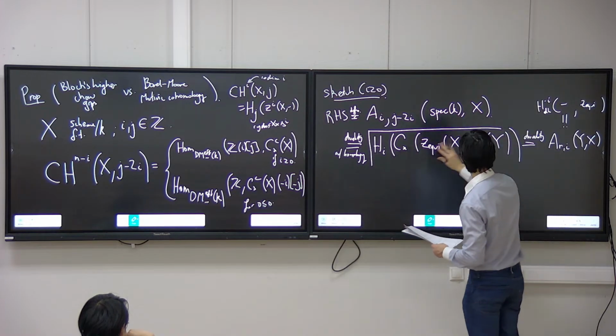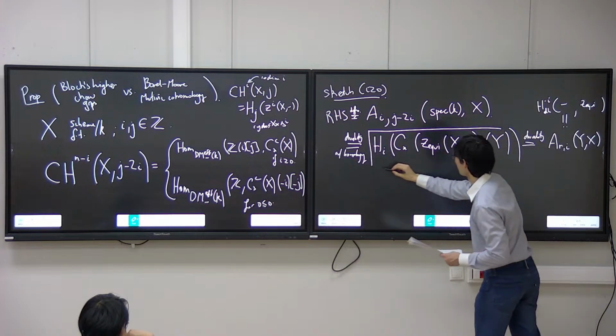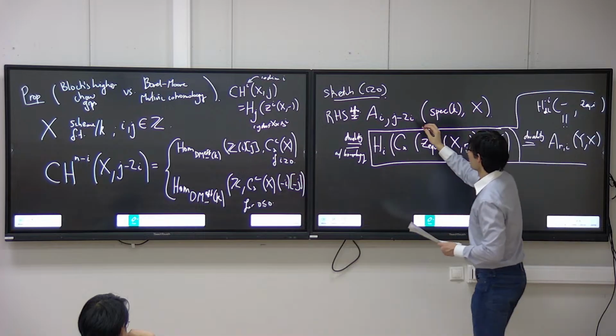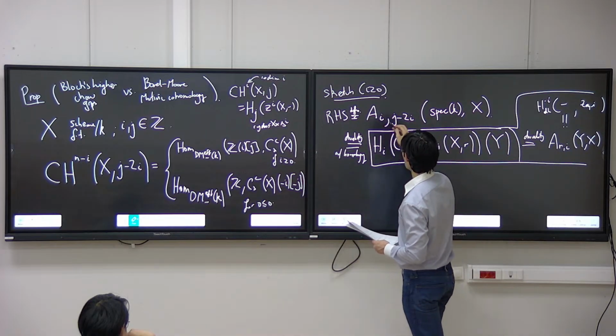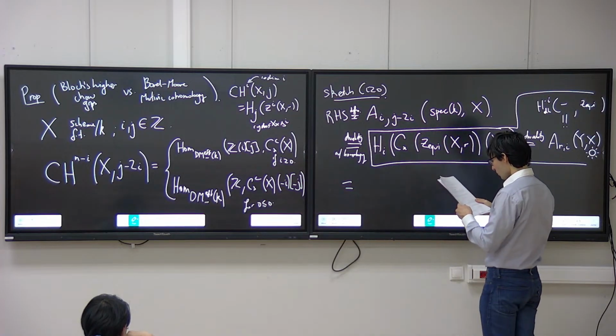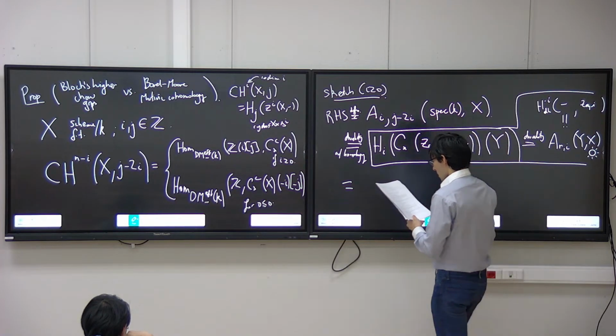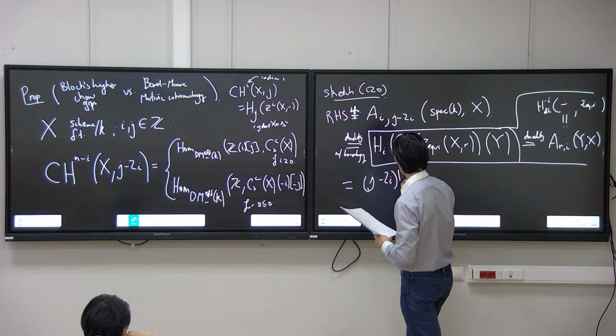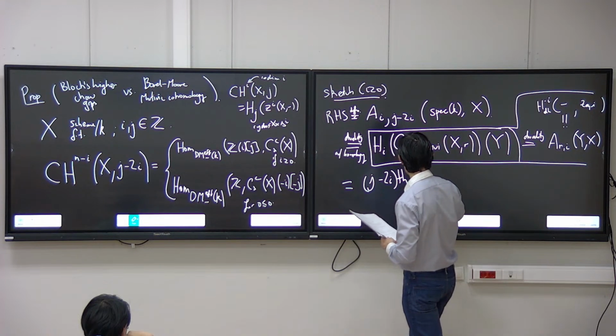But anyway, let's just take this equality for granted. And so by continuing with this step here, this A^i_{j-2i} will be equal to the j minus 2i homology